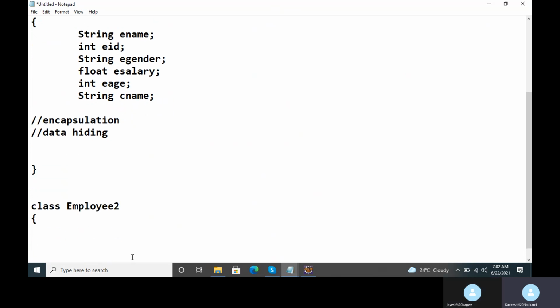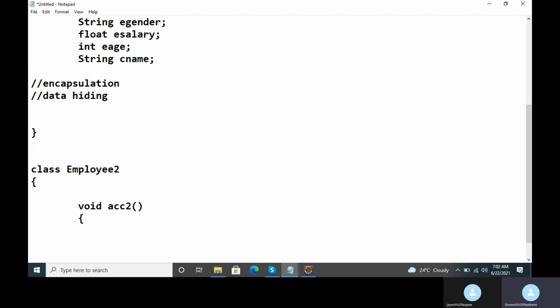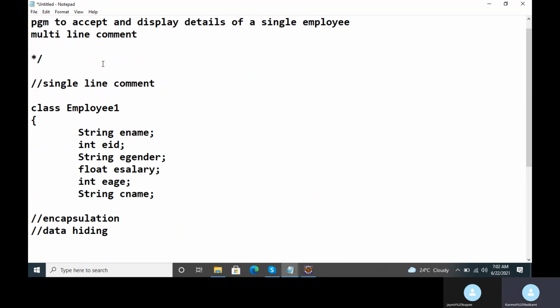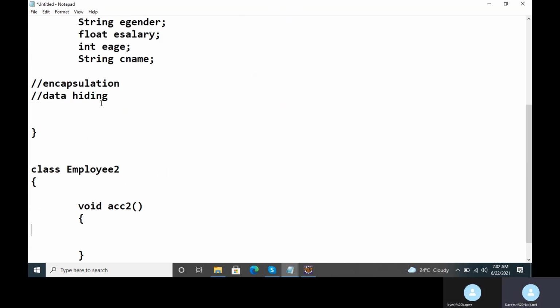Suppose employee2 class has a member function except2. Now in except2, I want to access or change the values for some object of class employee1. So for that, first I will write employee1 e1 is equal to new employee1, Jayesh.